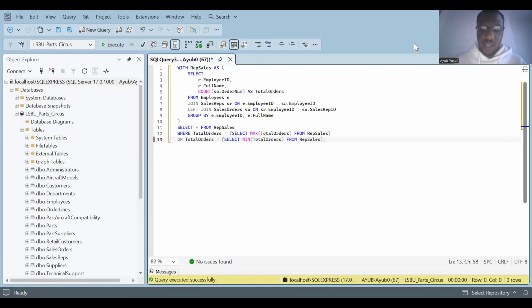The query then uses the count function to calculate how many orders each sales representative has handled. After grouping the results by employee, the final part of the query filters the data to return only the sales reps with the maximum and minimum total number of orders. This query is useful because it helps the business compare sales staff performance and identify both top performing and low performing representatives. So now if we were to run the query, we'll see that